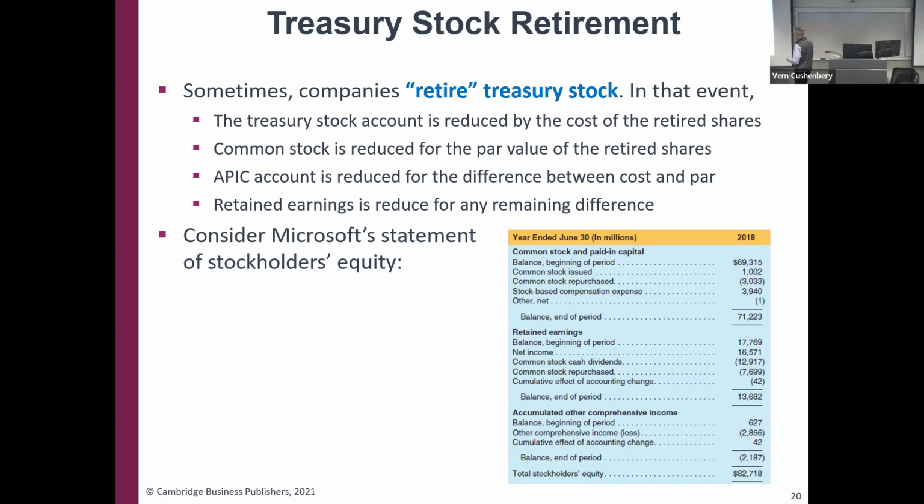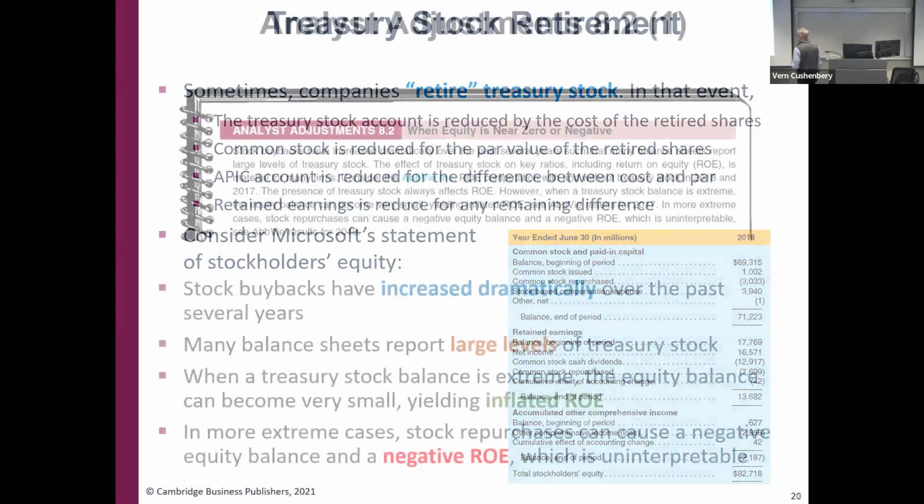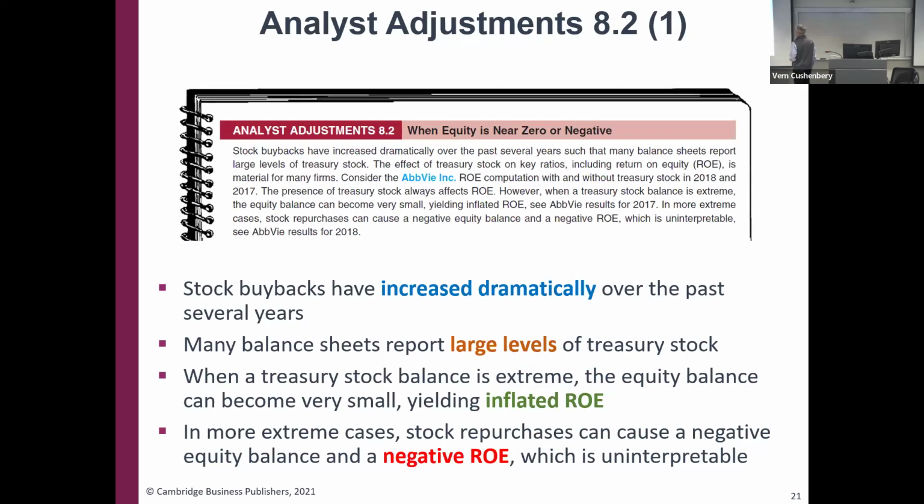I don't see this very often because it limits the company's flexibility. Because if they have it on their balance sheet, they can resell it. If they retire it, they don't have it to resell anymore. It would just be for the optics of removing that treasury stock from the balance sheet. But you know, I see that as another kind of nonsensical transaction too. I don't identify much benefit to it, but it does happen periodically. So you all need to know how it's accounted for.